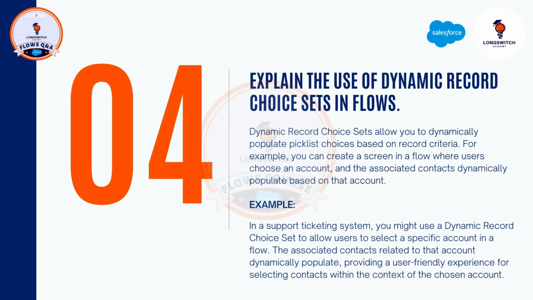For example, in a support ticketing system, you might use a dynamic record choice set to allow users to select a specific account in a flow. The associated contacts related to that account dynamically populate, providing a user-friendly experience for selecting contacts within the context of